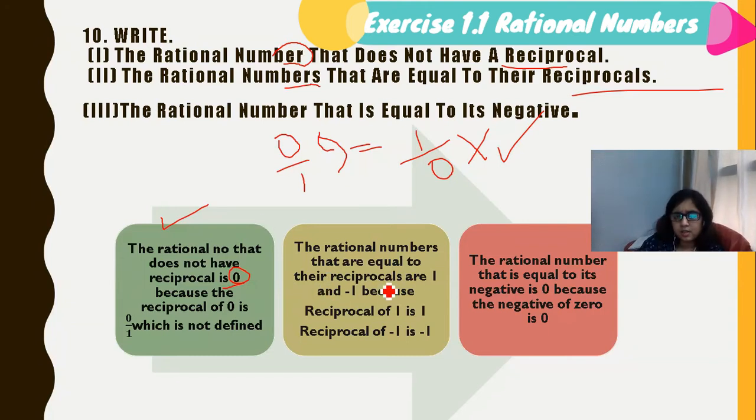The rational numbers that are equal to their reciprocal are two numbers, 1 and minus 1. So how is 1 equal to its reciprocal? Suppose this number is 1, and we can write 1 like this, 1 upon 1, because I have told you that the 1 in the denominator has no effect on the question. So my question is 1 upon 1, and if I take the reciprocal of this number, I will get the same number, 1 upon 1. So my answer will be 1, because 1 is a rational number that is equal to its reciprocal.